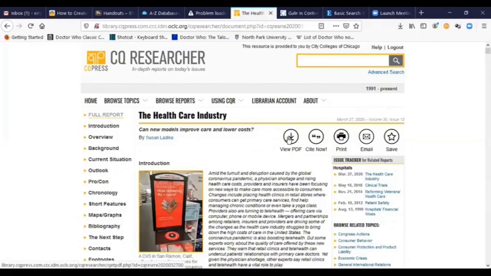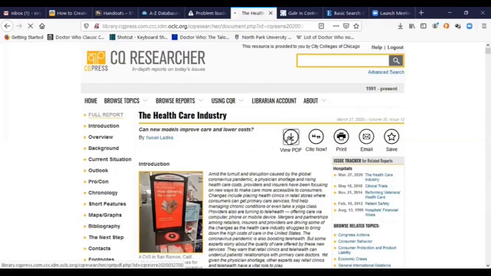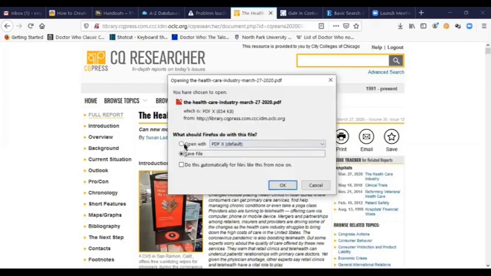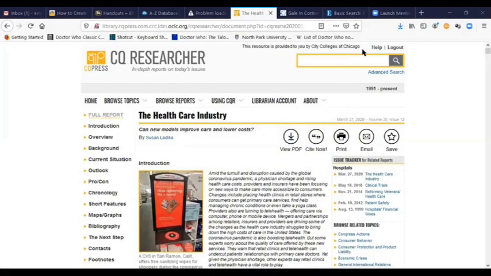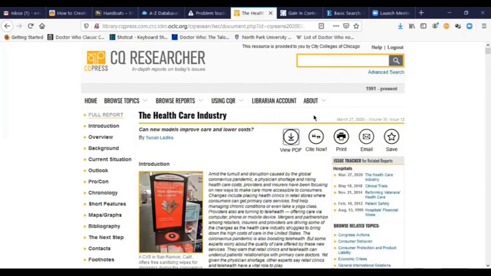Nice thing about this is you can view it as a PDF. Problem is, CQ Researcher has had some of their funding pulled, and thus their PDFs look a little stodgy these days. As a matter of fact, remember what I said about web pages not having page numbers. This is the only time that you should ever use the page number, because it is a PDF, so this is going to be fixed pagination. It'll be perfectly fine. I'll show you why I say that, because some of the older reports,